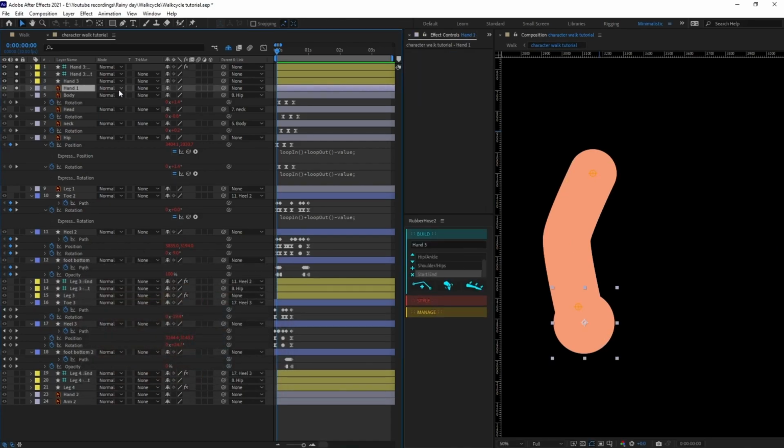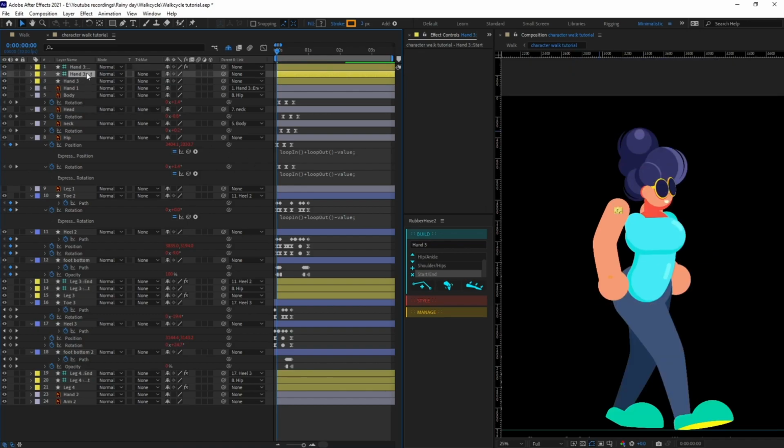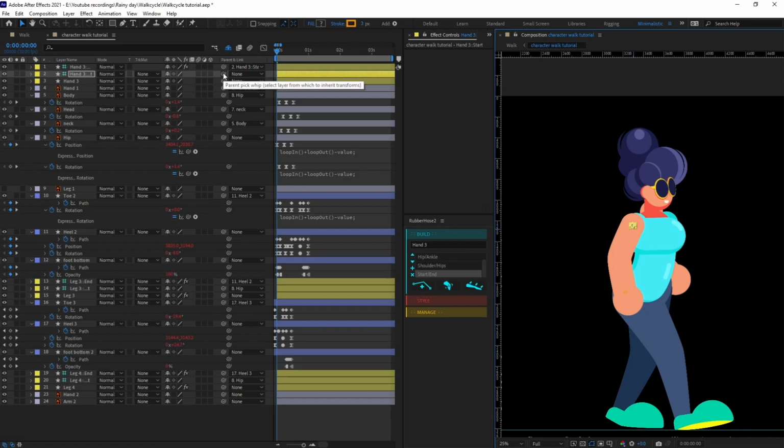Okay, now let's parent hand with the end, and after that let's parent end again with the start, and let's put the start layer at this point. So we're going to parent this with body.